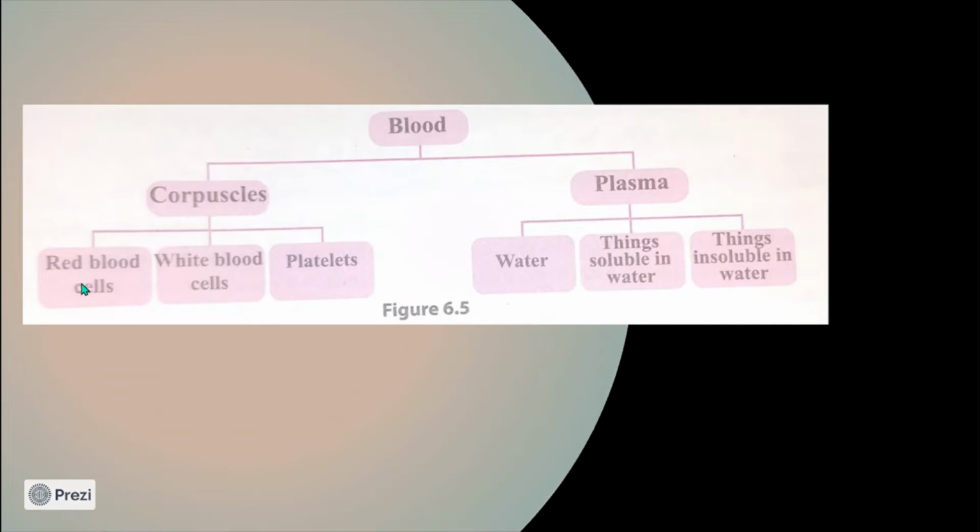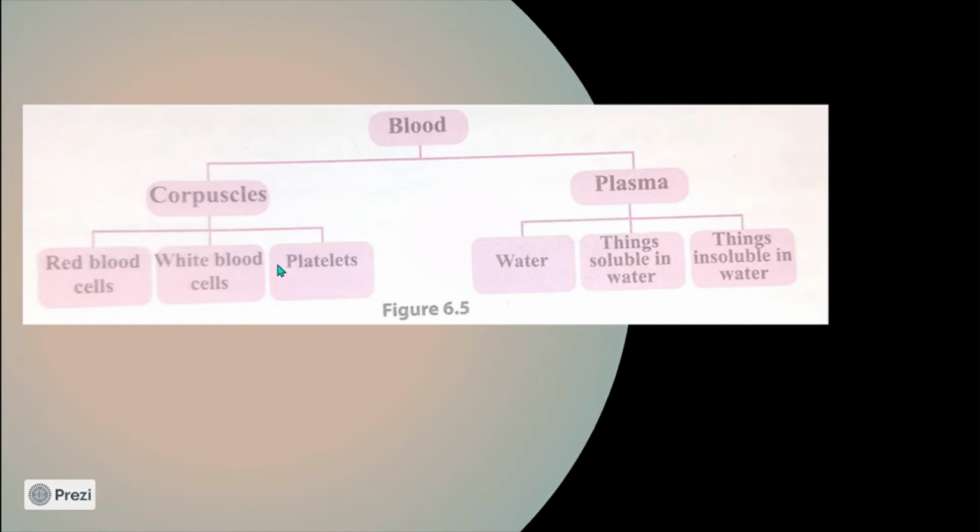When we look at red blood cells, they are known as erythrocytes, and they contain a red pigment called hemoglobin, and it carries oxygen from the lungs to the body, and also it gives the blood its red color. Next, white blood cells. White blood cells are known as leukocytes. White blood cells defend our body by destroying pathogens entering the body. They are further categorized into neutrophils, eosinophils, basophils, lymphocytes and monocytes.